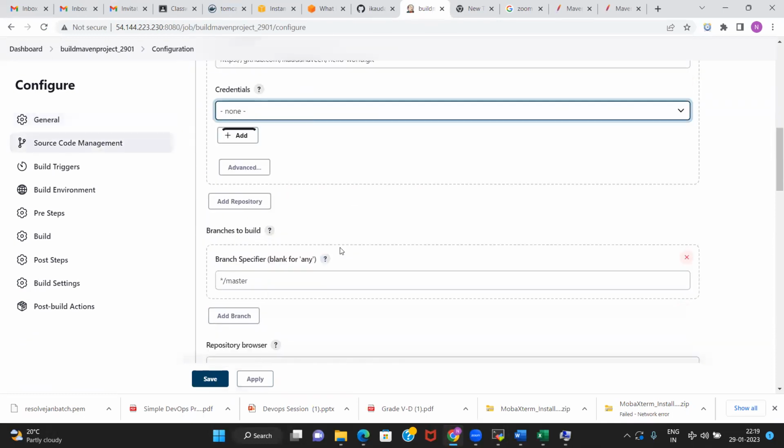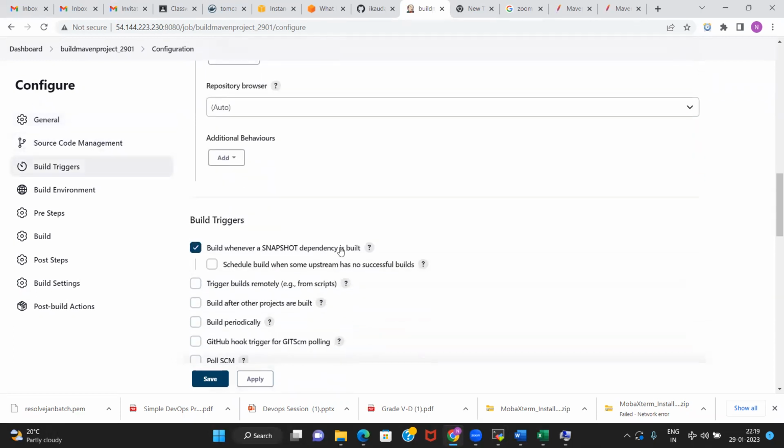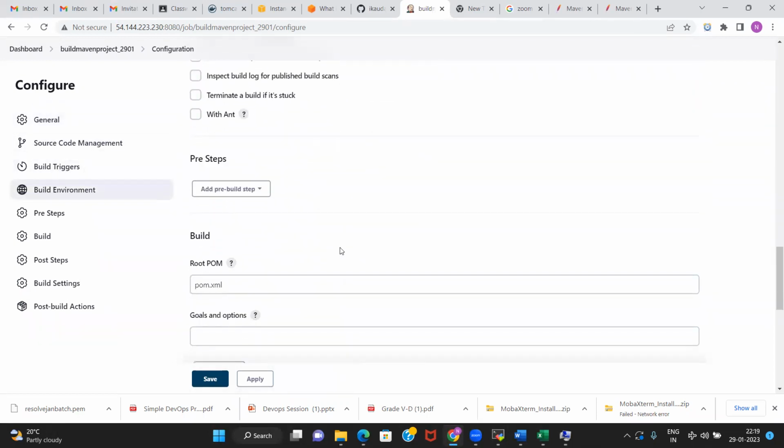Again, it will fetch the code, and then you will see this option, right? pom.xml. That is for a Maven project, you need pom.xml. We will talk about what it is and what the content is later. But for now, you need to give a goal like clean. We'll clean the project, meaning whatever is there in the cache, the last build that was there, it will clean it.